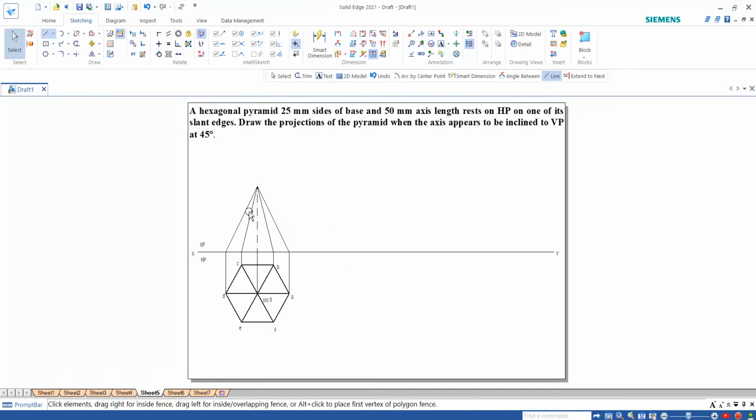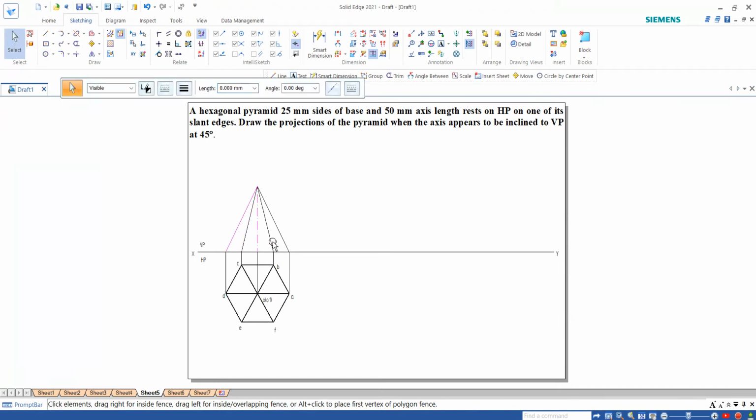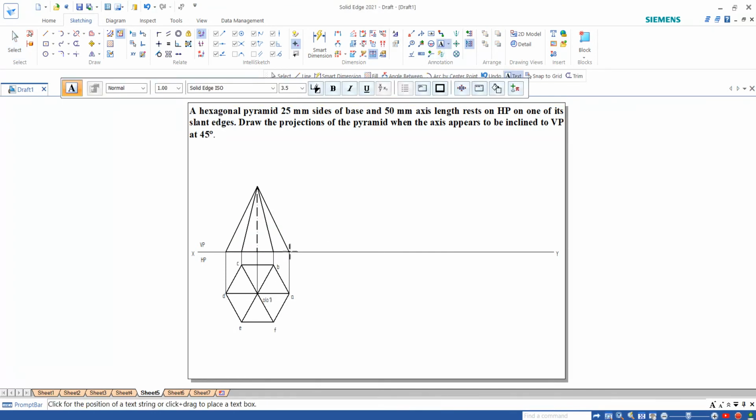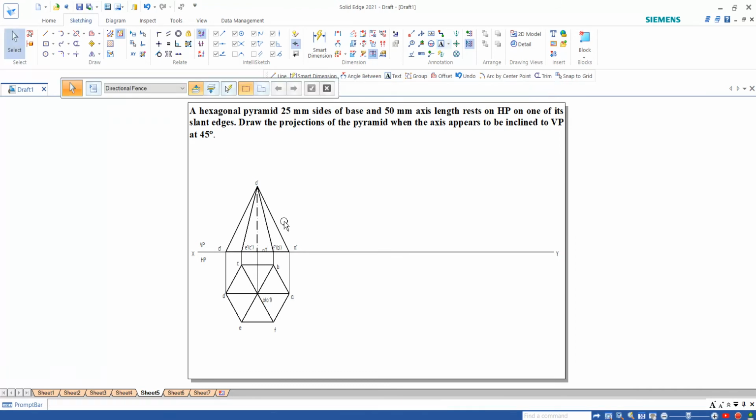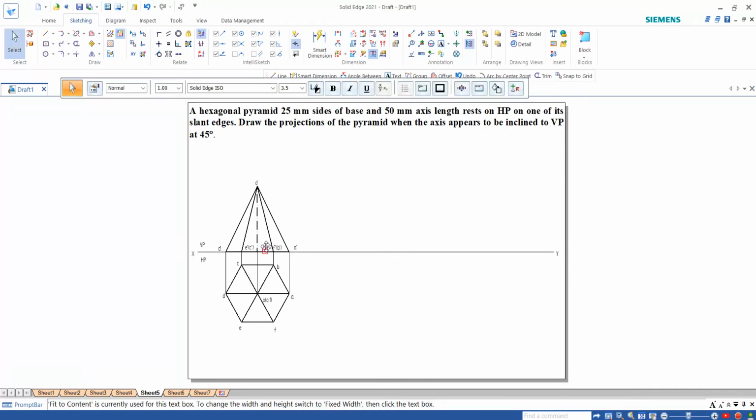Now these are the things which will be visible in the front view, so I want to make them as continuous lines. When I observe, A, F, E, D will be visible. So this will be A dash, here it will be F dash in bracket B dash, this will be E dash in bracket C dash, and here you get D dash. The upper point will be O dash, and at the bottom you get O1 dash. So this is your initial position, front view on the top.